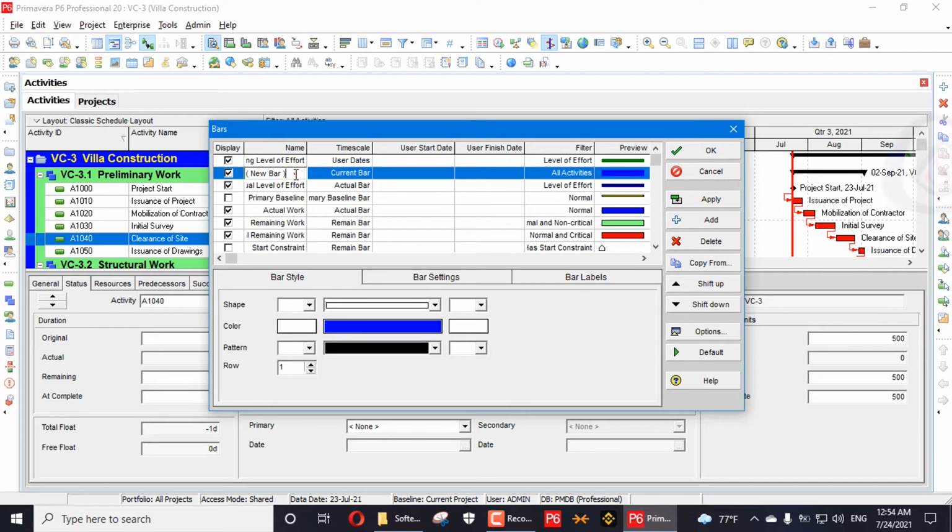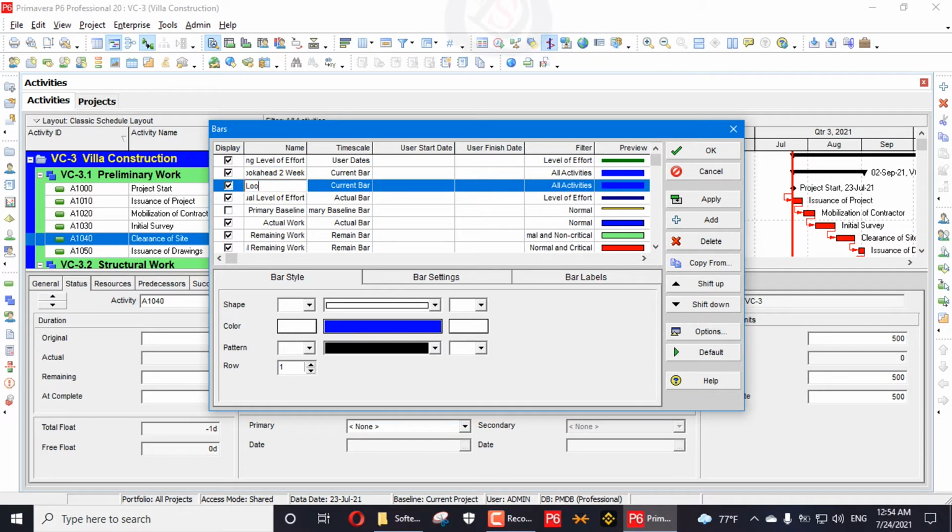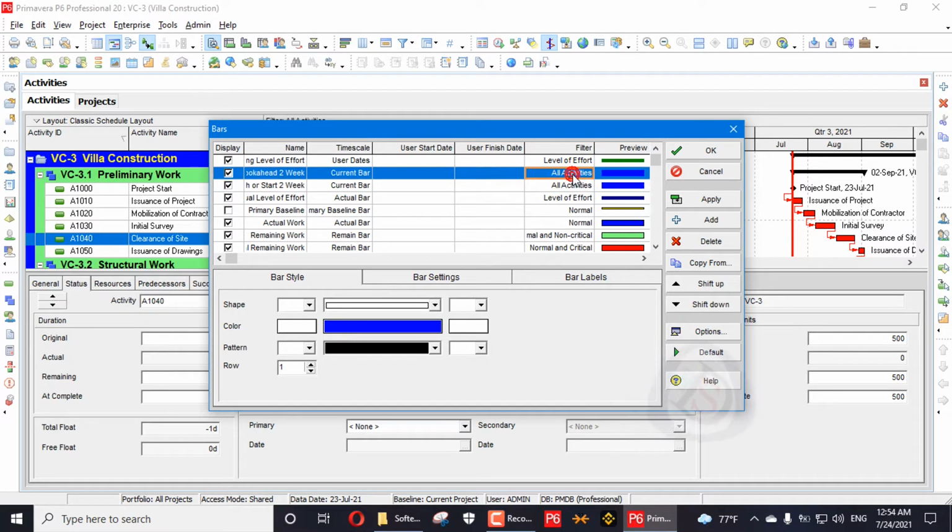Add a bar with the name look ahead 2 week, and we will create another one, non look ahead, or not finish or start in 2 week.